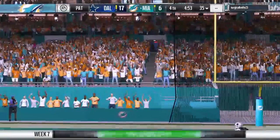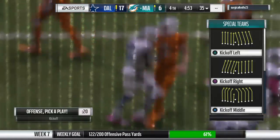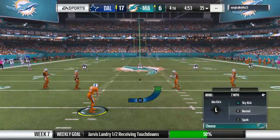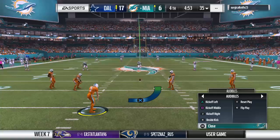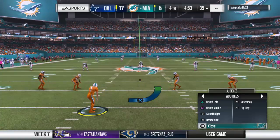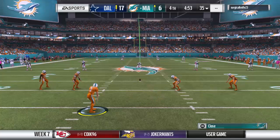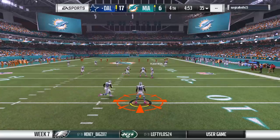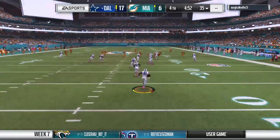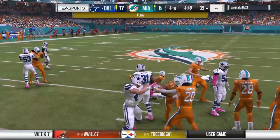Oh, how about this? No good. Just his 2nd miss of the year. And our score will stay right where it is. Frank's now on to kick it away after the touchdown. This is fielded at the chalk of the 10. And a good effort on the return there. Gets him across the